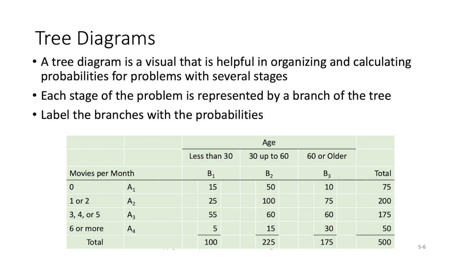Another thing that we can do is take a contingency table and create what's called a tree diagram. This is a visual way to help organize and calculate probabilities to then help us make some decisions. This was the example I was referring to earlier that your textbook talks about in great detail. It's looking at the number of movies a person watches per month based on their age range. A theater could use this to maybe try to decide, should we offer a senior discount for those that are 60 and older. So if you look with me at the next slide,